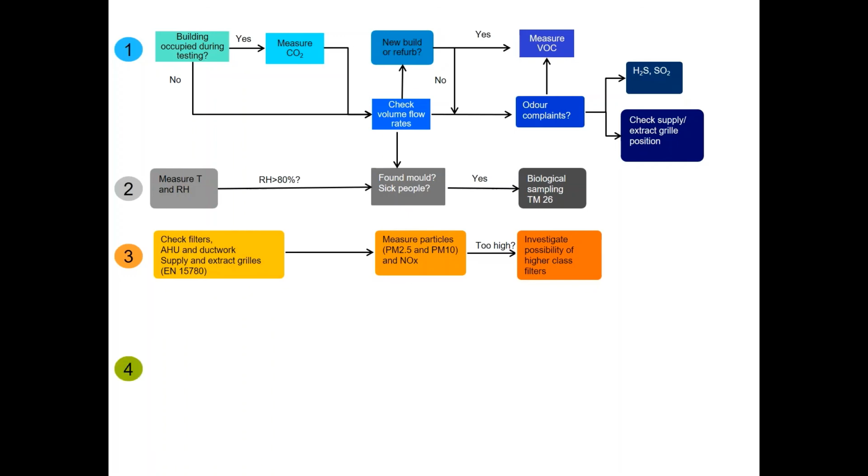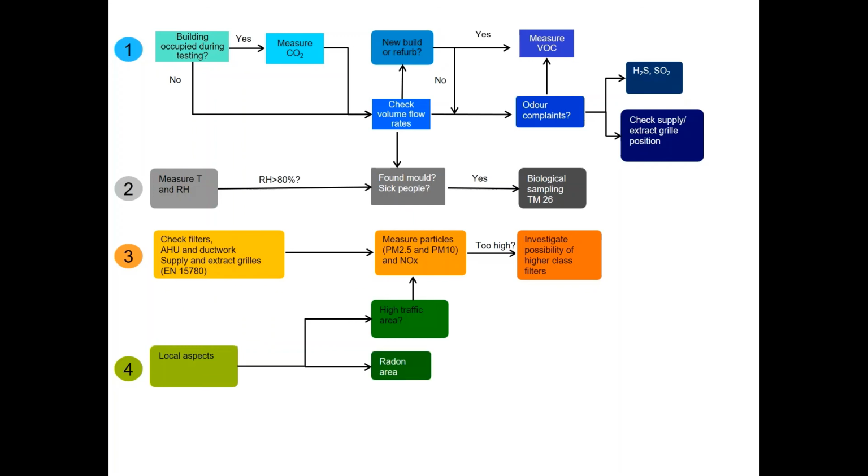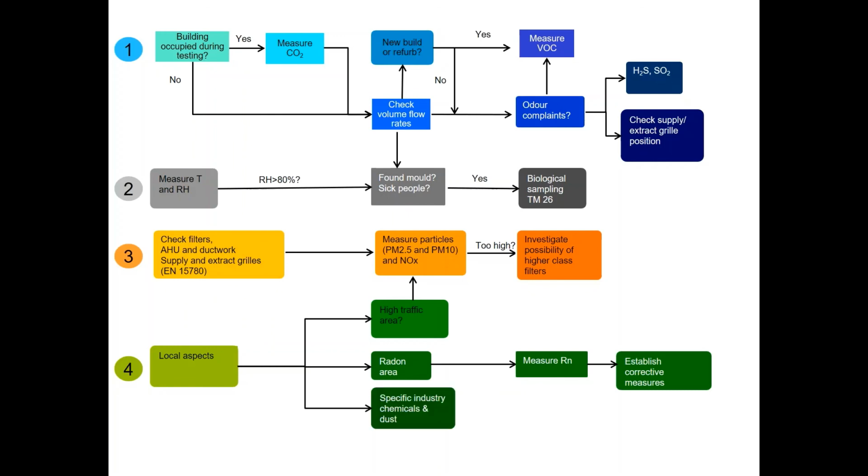And finally, we have to consider the local aspects of the building. So, as Safi has mentioned, if we live in a high traffic area, it would be wise to measure for particles and nitrous oxides. If we live in a radon area, we could measure for radon and establish the corrective measures. And if we are working in a specific industry where we are exposed to certain chemicals or dust, we know that we must comply with the HSE regulations, and we know where to find the limits of exposure,